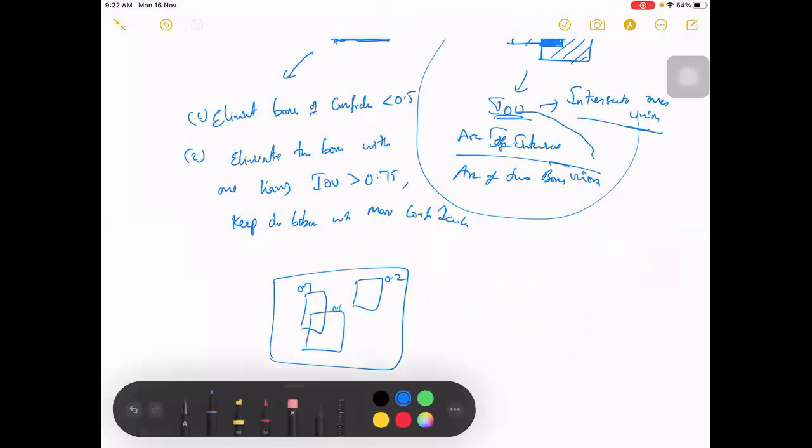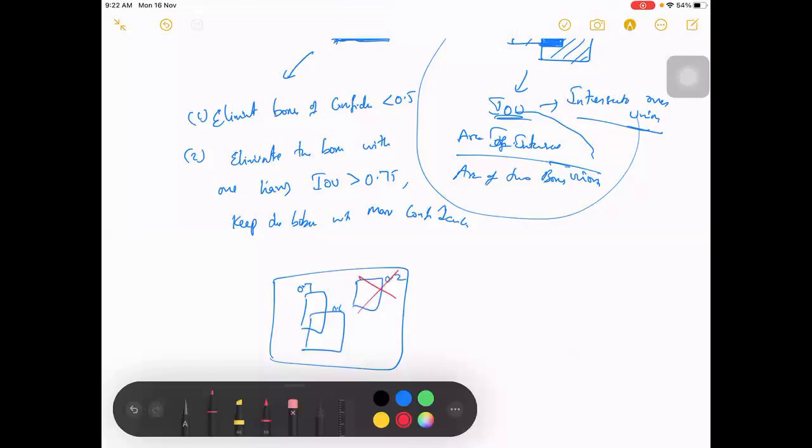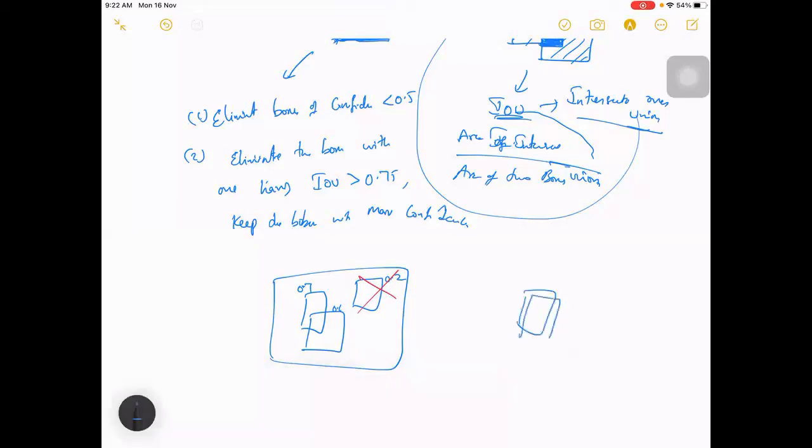In the first step, this gets eliminated because the confidence score is less. Next, it will calculate the IOU between these two. When the IOU is near to 1, it means both boxes are almost close to each other, with more overlap.